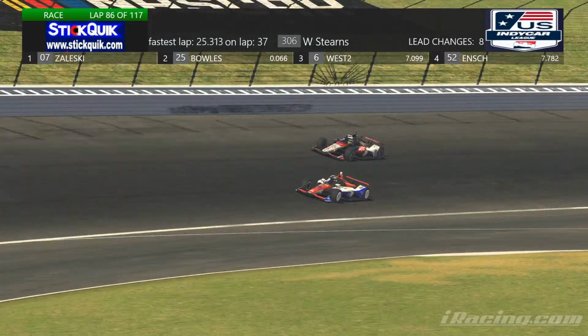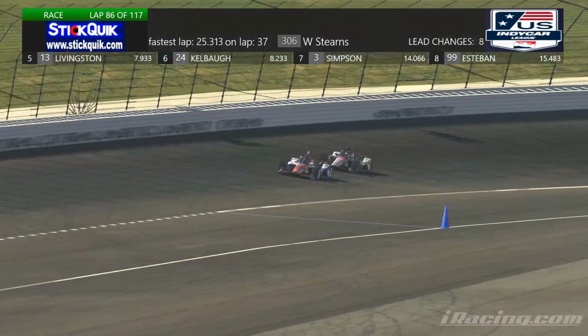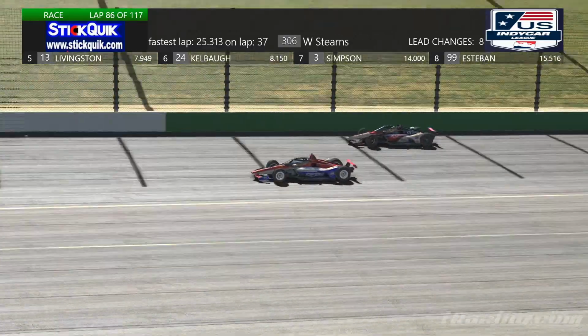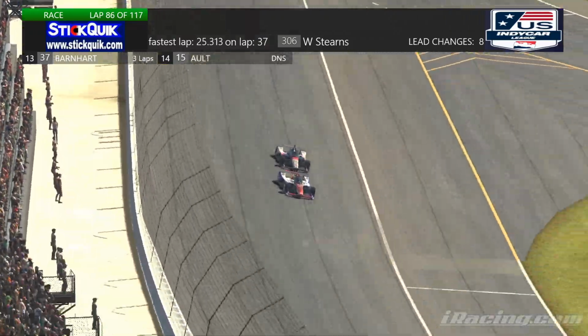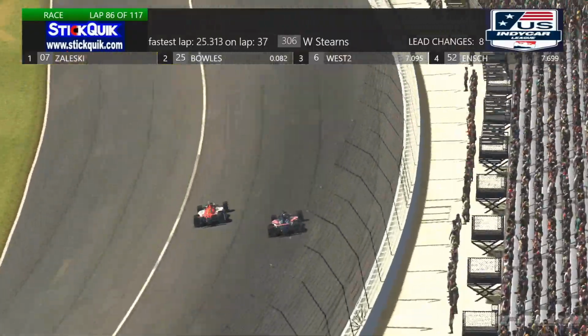We continue to run up front. Zaleski holds. Can David Zaleski get a win here tonight from Kansas Motor Speedway this morning? It would be big for David if he could hang on here in front of Bowles to get that win. It would be huge for David's confidence as he leads, and out...